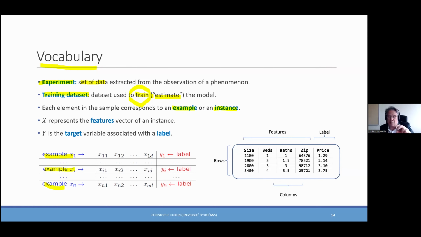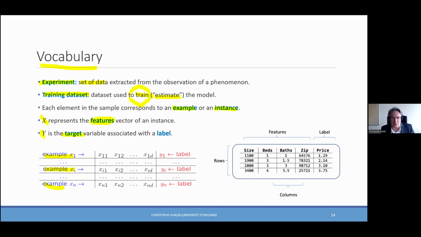Each country corresponds to an example or an instance. This corresponds to your individuals in econometrics. For each individual, so for each example, each instance, we observe the explanatory variables and the dependent variable. I use econometric vocabulary to make the link between econometric vocabulary and machine learning vocabulary. In machine learning, the explanatory variables are called the features, model features. And the dependent variable, y, is called the target variable.